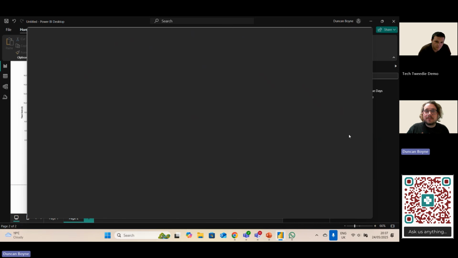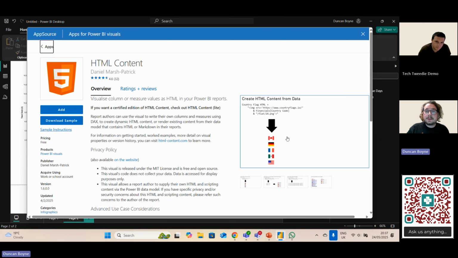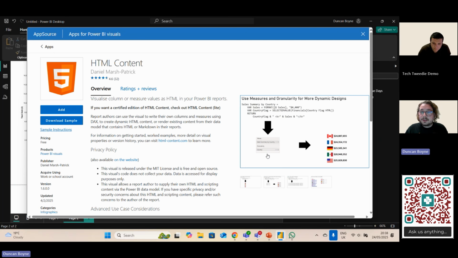So let's have a look at what this is once it loads. So as you can see, here is a very fine way. So country flag HTML. So this is done as the measure. And then the image source, so the website you're pulling it from, country codes, linking back to the measure in a different measure, and then the actual file name. So they're putting in straight flags. So sales summaries by country, and then this is the measure to do it. And it can actually produce the images. So if you have a library you can point to for icons, or